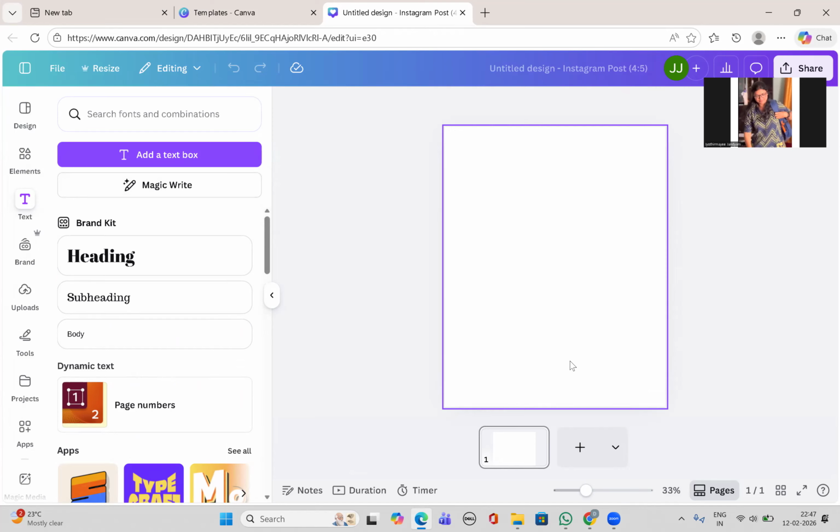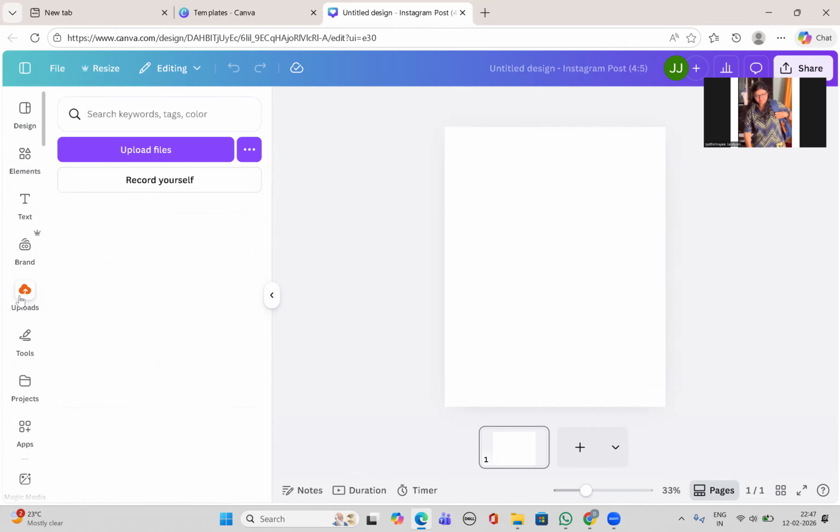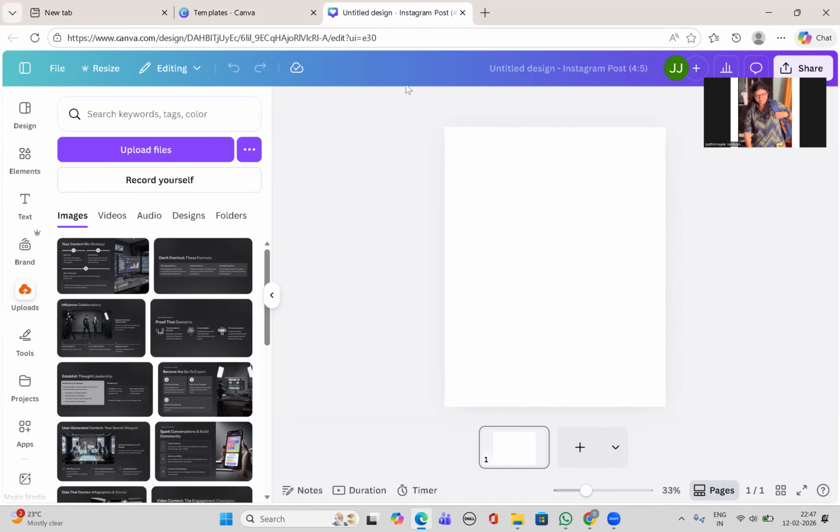Whenever you want to add some content, some line, sentence, or anything, you can get the text from here. And uploads: after creating a greeting card, maybe for one of your friends, Canva doesn't have his or her photo in the Canva data, so you need to upload that photo from your device to Canva, and then you can use that photo here. And tools,